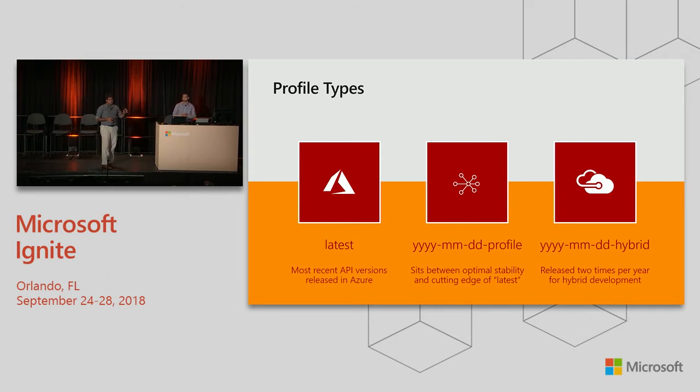As time progresses, we keep minting instances in time as a profile, which basically means on this date, we've taken certain APIs and said this is how it's going to look. And if you take a dependency on that, as long as that API profile, as long as that month, year, and date is supported by that cloud, your application will work. There is still a little bit of optimal stability versus cutting edge that you can make use of here.